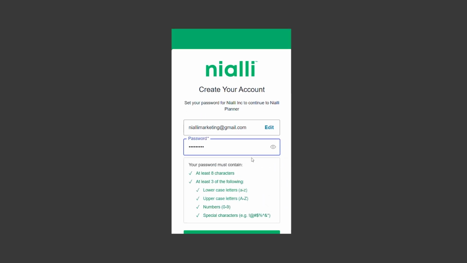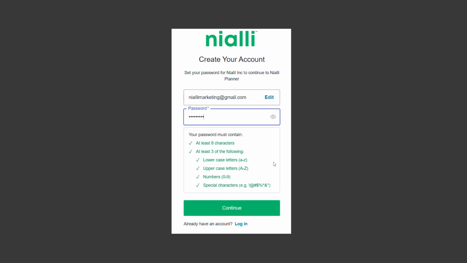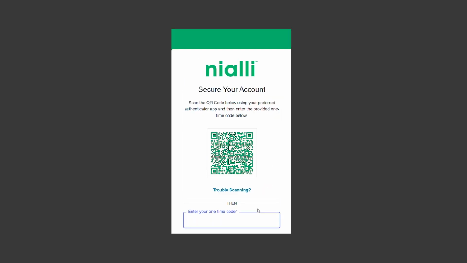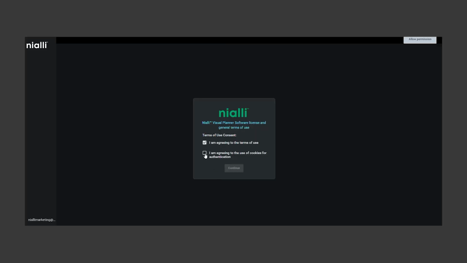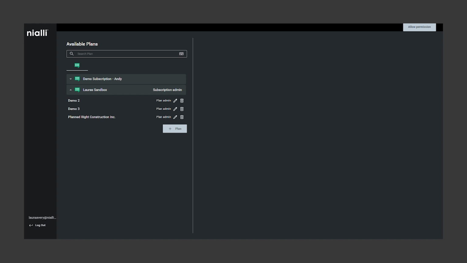On the login page, put in your email address and you'll be prompted to set up a password. If your organization is using single sign-on for security, you may have some additional steps to complete to verify your account and set up two-factor authentication. Follow the on-screen instructions. Once you're in the application, you will see which subscription or subscriptions you've been invited to,